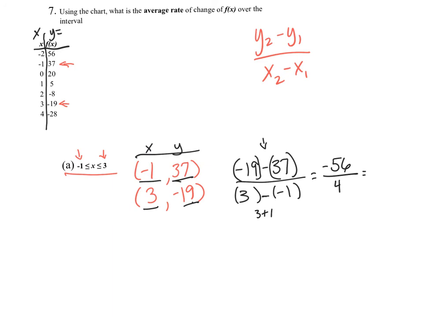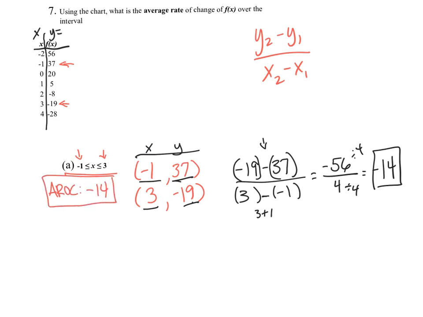And then if we simplify that, we could divide both by 4. And that would be -14. Okay? So the average rate of change for this first one is -14. Okay, so let's go ahead and look at the second